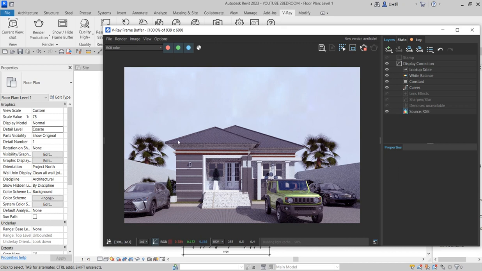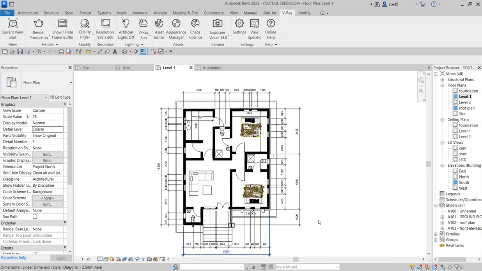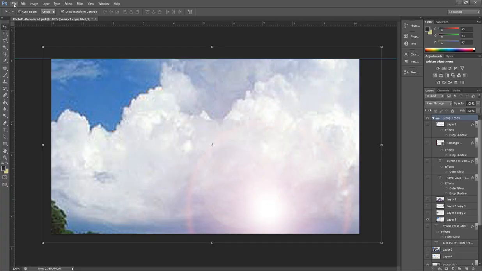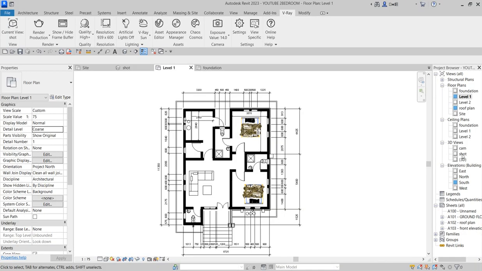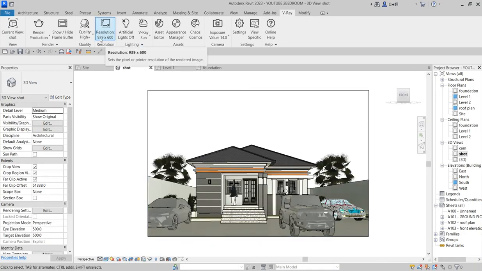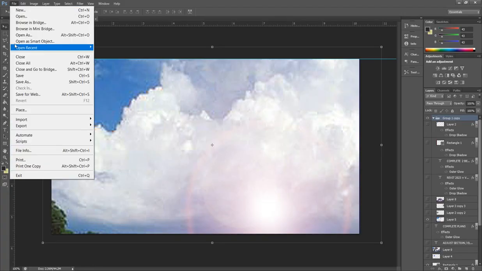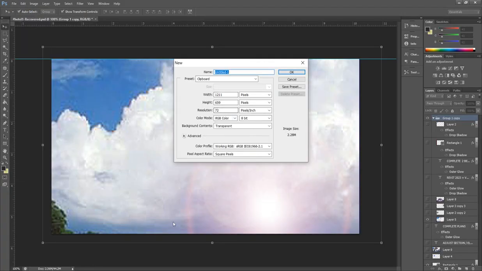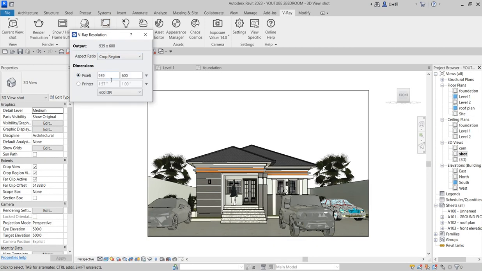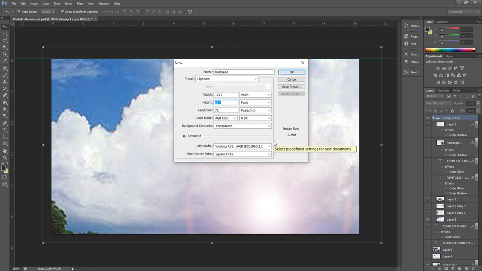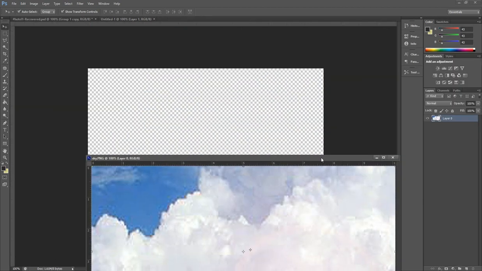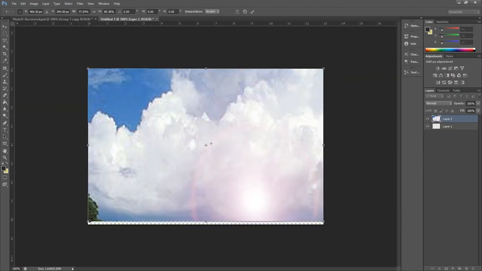So now, if you have any image editing software in your machine, all you need is to click on Photoshop. Like mine, I have Photoshop that I want to use. So what I need to do is use this capturing moments. Go to your camera, your sort. Click, go to this place. What is this one saying? This one is saying the dimension is what? Dimension is 939 by 600. So you can go to Photoshop and create something like that. Say okay,